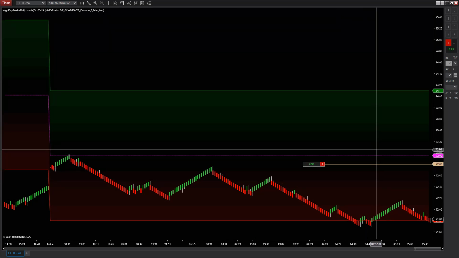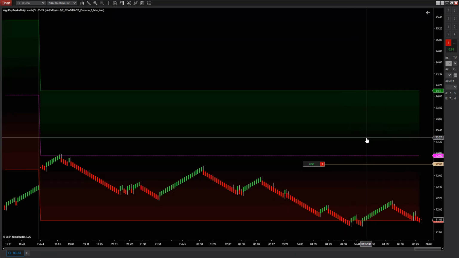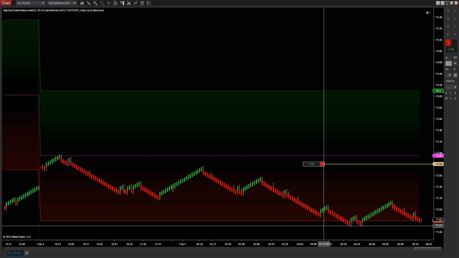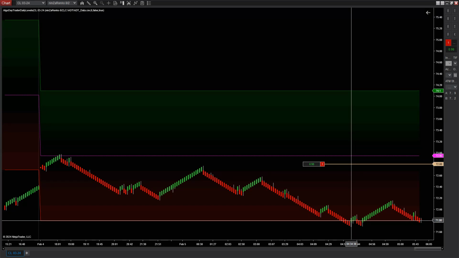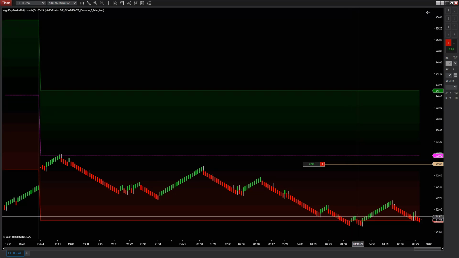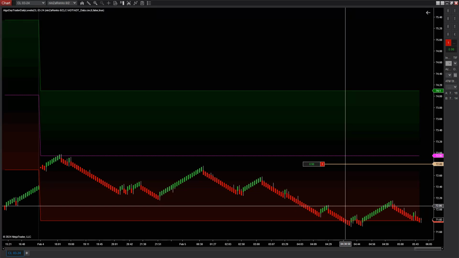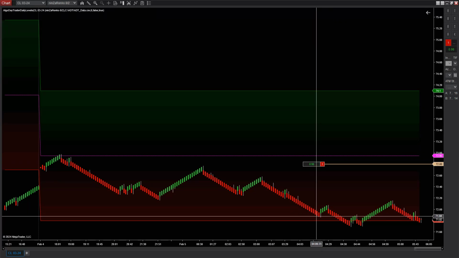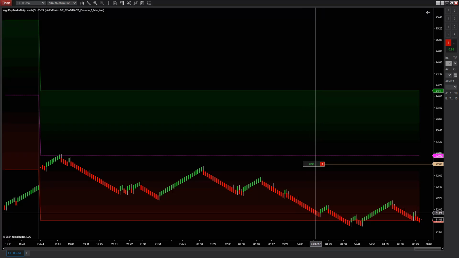So this is an example with crude. Very often, of course, this is kind of a mini completion. Don't necessarily expect it to be the low of the day, but it is an area. If you are trading in multiples, for example, you would definitely cover at least half a position as price arrives. You would actually try and fade it a bit.